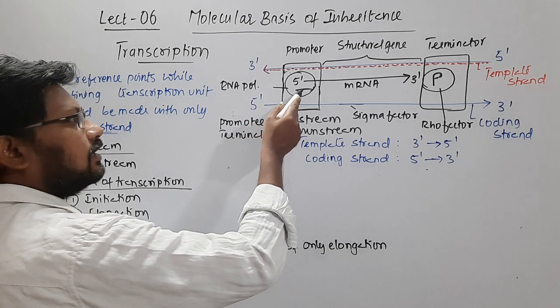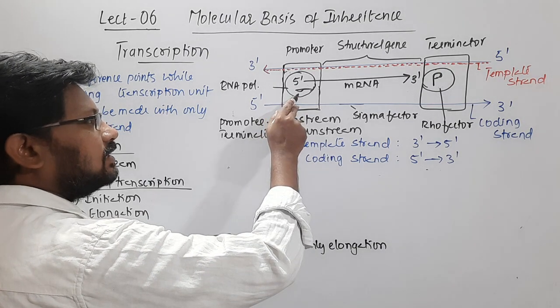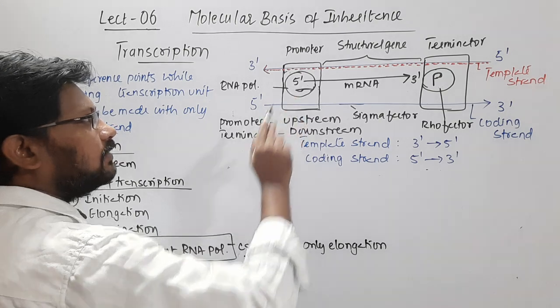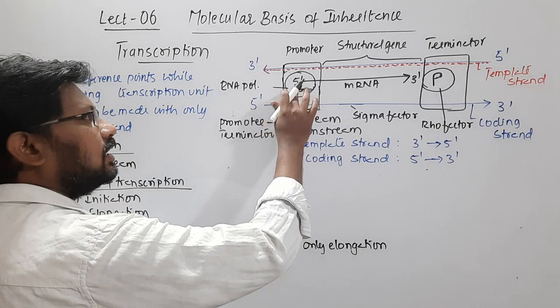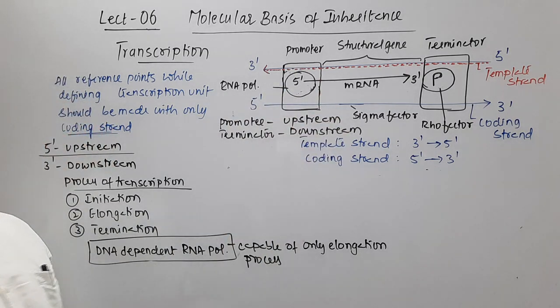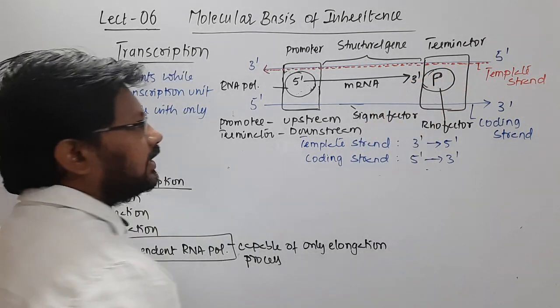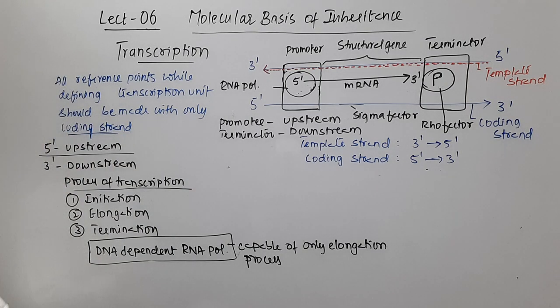So I have to keep in mind, the sigma factor is transient, meaning it will be attached to RNA polymerase only for a short period of time until the RNA polymerase binds to the promoter. Once it is finished, the sigma factor will unbind, and only the RNA polymerase will move on the structural gene, during which there will be formation of mRNA, and once it comes to the terminator, then the rho factor binds, and finally the whole process, that is the termination. So for termination, the rho factor is required. For initiation, sigma factor is required.